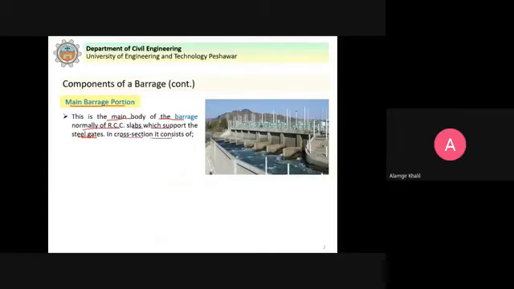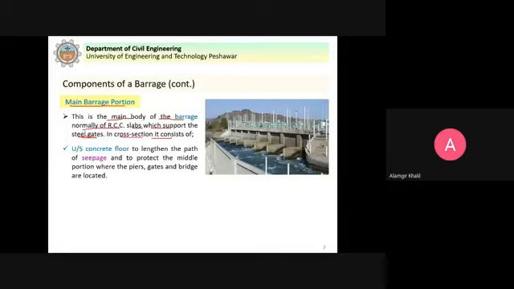In cross section, it consists of an upstream concrete floor. Why? It is provided to lengthen the path of seepage and to protect the middle portion where the piers, gates and the bridge are located.